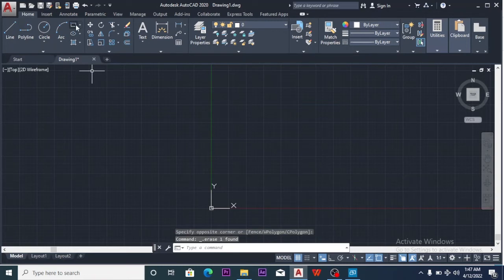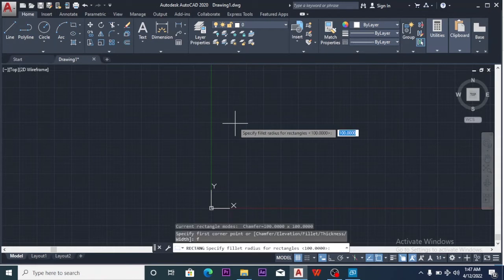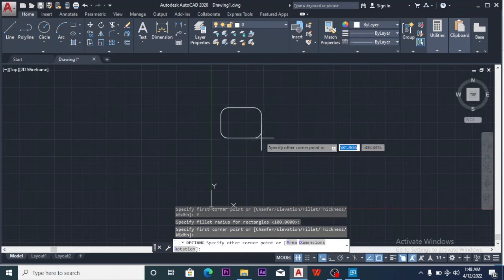So click on it again. Let's see what fillet is all about. So we click, I type in F, and it says specify the radius for rectangles. So the radius I want to use now is 100 for it to be visible. I enter. It says specify the first point, the first corner point. I click anywhere in the working area. Then I enter a length of 1000 tab 800,